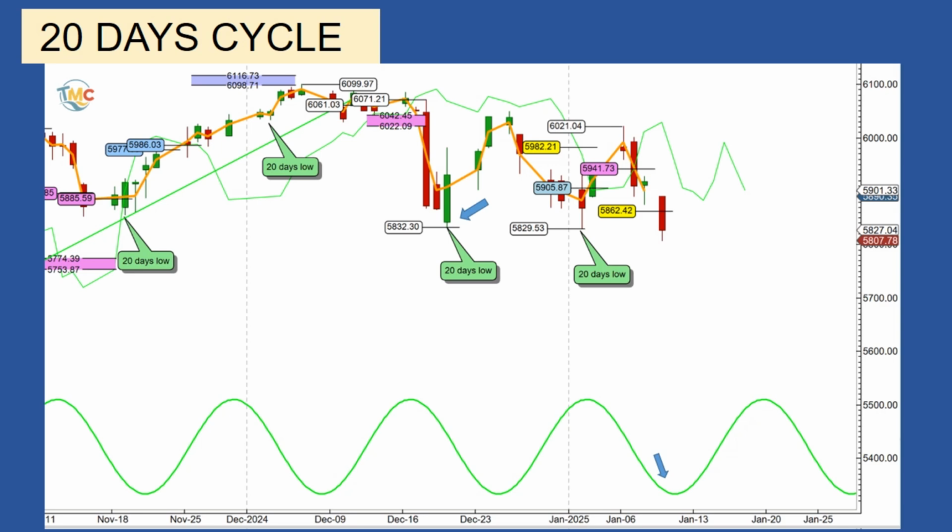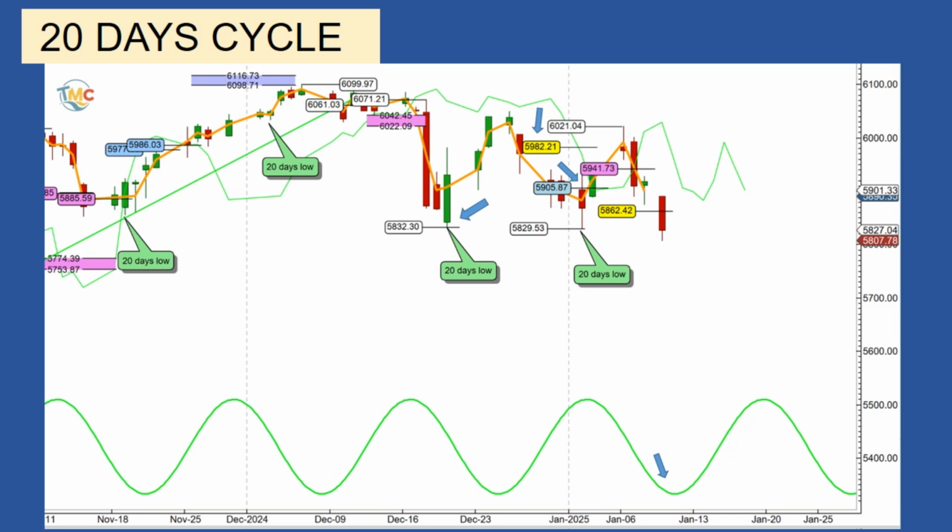From the December 20th and January 2nd lows, the S&P 500 provided one trading signal. The crossing above its cycle line happened on January 3rd at 5,905.87, giving an upside target at 5,982, which was met on January 6, 2025. The first trading signal of the year was met, giving a 100% success rate for the 20-day cycle. The crossing confirmed that the December 20th or January 2nd low is at least a 20-day cycle low. Everything is in favor of labeling the last 20-day low on December 20th, 2024.